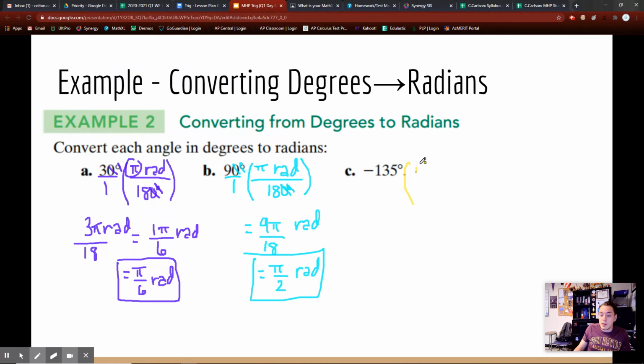So degrees, right? So pi radians, and then this is all over 180 degrees. So degrees go poofy. Now you're probably thinking, well, junk, I can't do the zeros here. Because really now what I'm left with is negative 135 pi all over 180. How can I simplify that without being really, really frustrated? Well, 2 ways. Number 1,